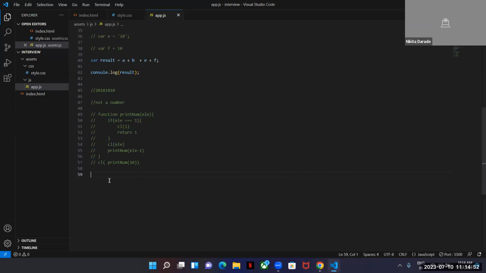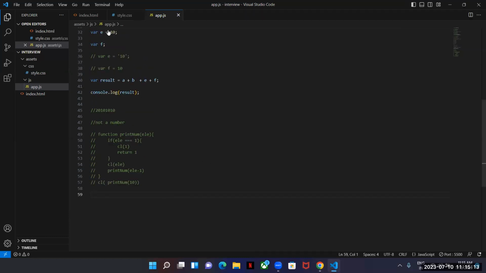In factory function, we declare and return also. In constructor function, I don't know, sir.